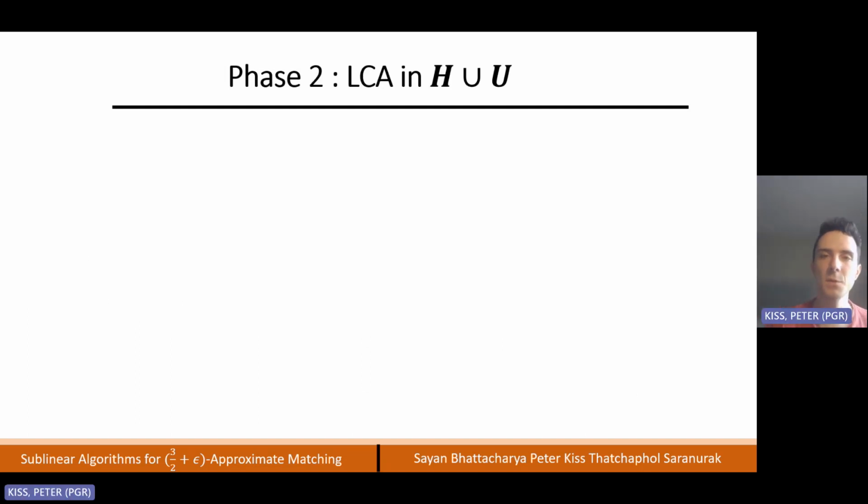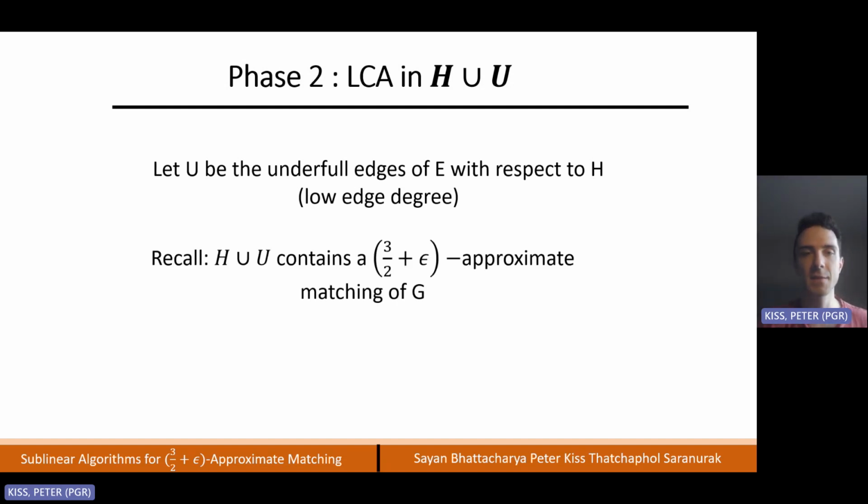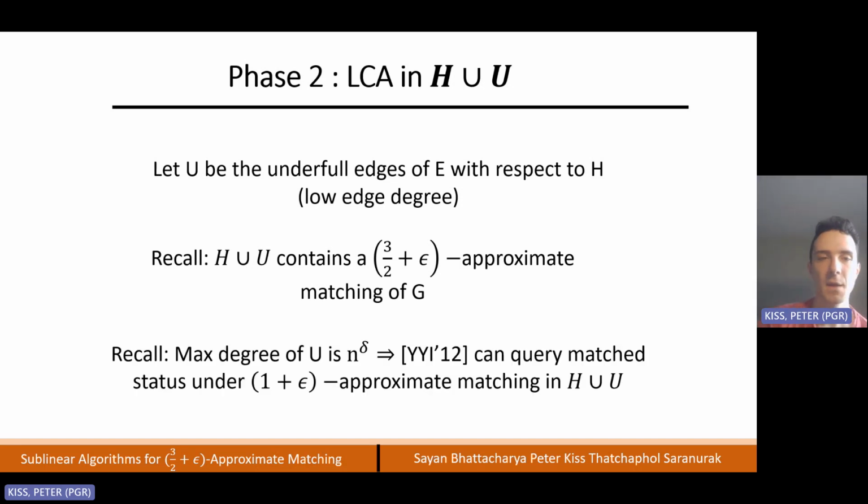Then in phase 2, we will use Yoshida's LCA to find a large matching, to construct an LCA in this H union U data structure. So U stands for the underfold edges of E with respect to H. And recall earlier that we mentioned there's a useful property of the EDCS that H union U in this context is guaranteed to contain a 3.5 plus epsilon approximate matching. And also recall that by construction, we assume that U has maximum degree n^δ. And since